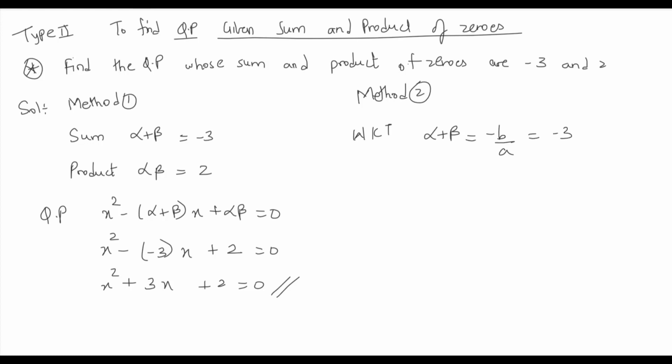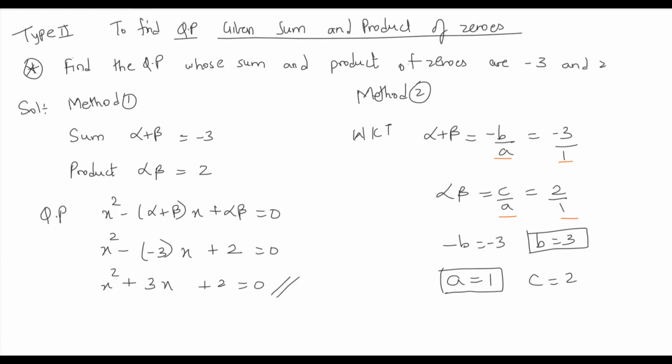Can we say minus b by a is equal to -3 by 1? Yes, we can. And when you come to alpha beta, it is c by a, isn't it? And we can write 2 by 1. By comparing these coefficients, we understand that minus b is equal to -3 and a is equal to 1. See, the a here is 1 and a as well is 1. Therefore, a is 1 and minus b equal to -3, where b will be equal to 3 and